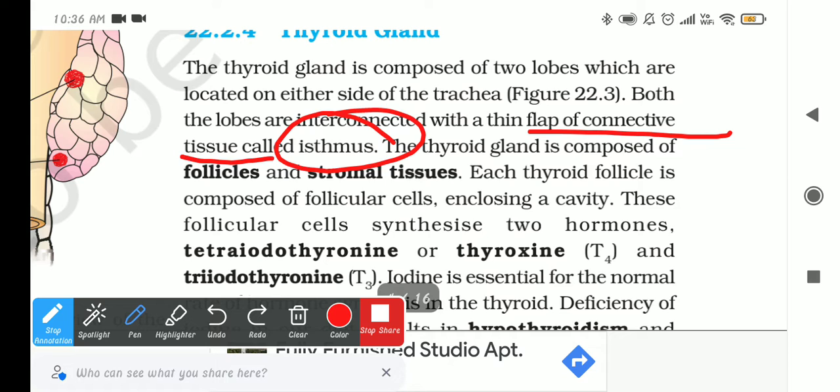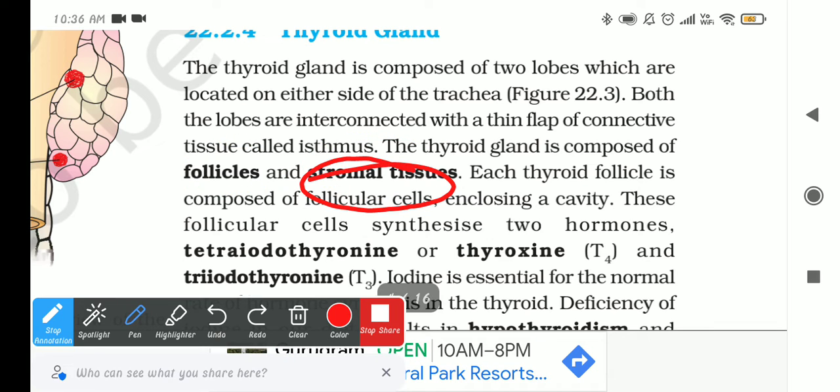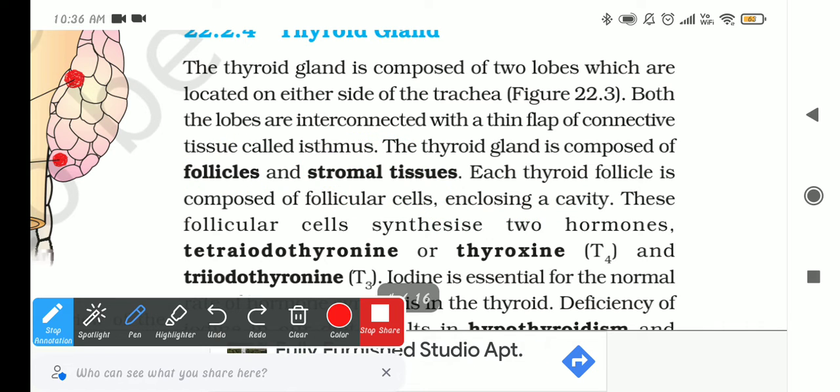The thyroid gland is composed of follicles and stromal tissues. Each thyroid follicle is composed of follicular cells enclosing a cavity, and these follicular cells synthesize two hormones,